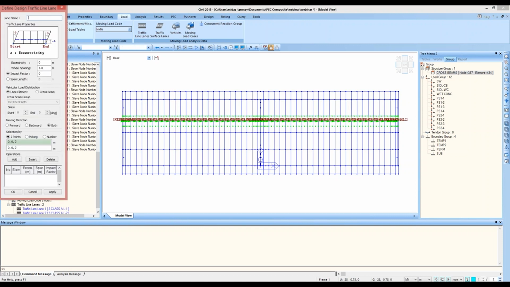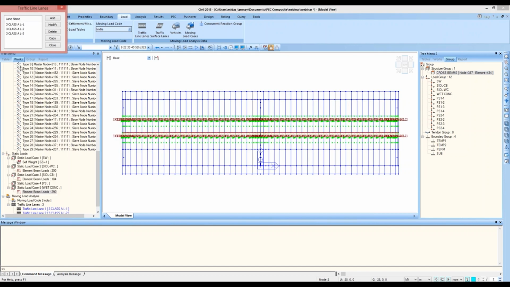Now the third lane, 3 class A lane 3, eccentricity as 0.9, impact factor 0.2 and cross beams group, and 1 point this and 1 point this and OK. So the 3 lanes for our load case 3 class A have been created.